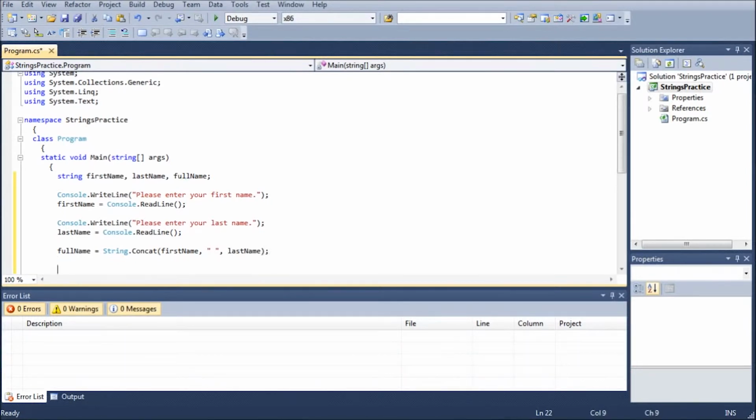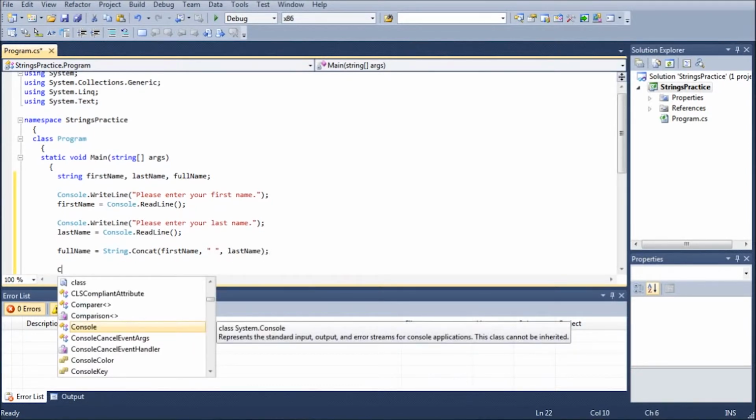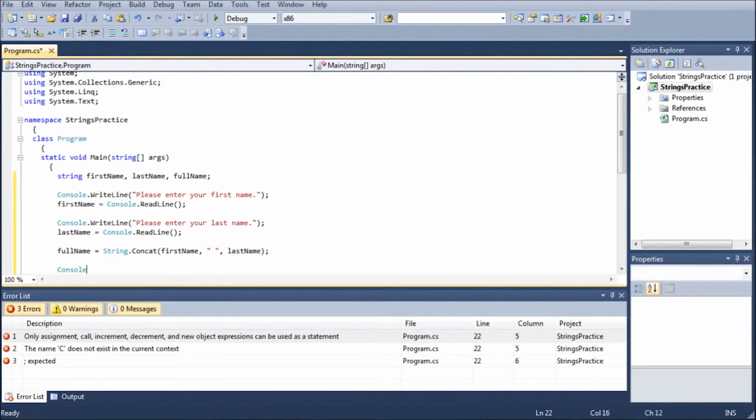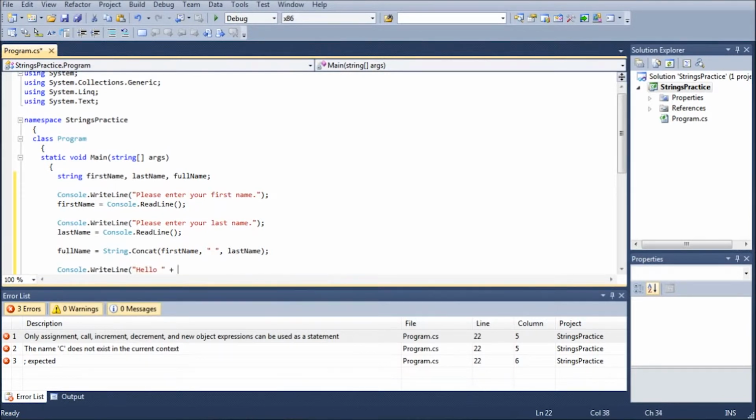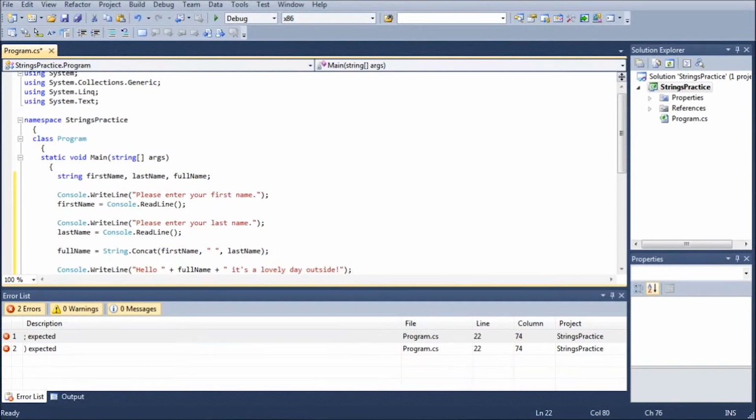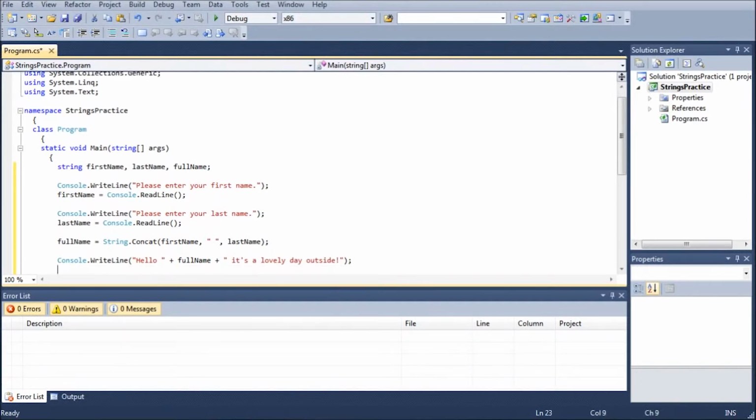And now we're just going to have the computer return it to them, so we're going to go console.writeLine, parentheses, "Hello", put a space, close the quotes, add the full name, space, and then add, "it's a lovely day outside." I know it's kind of dorky, but I'm just trying to fill something in there. So we can do